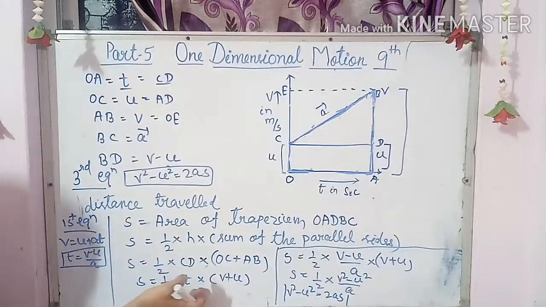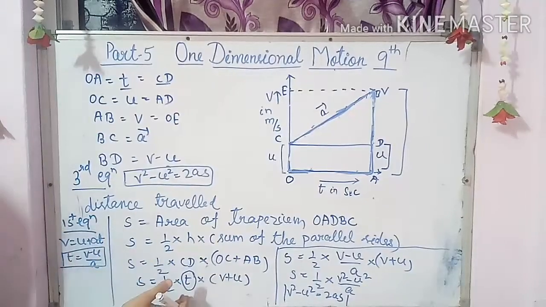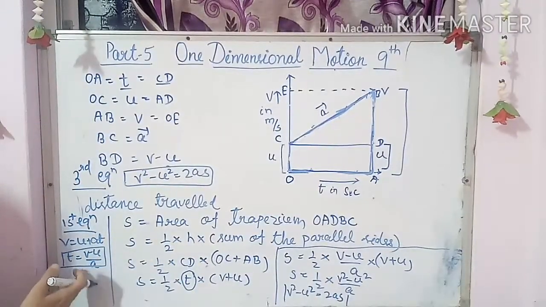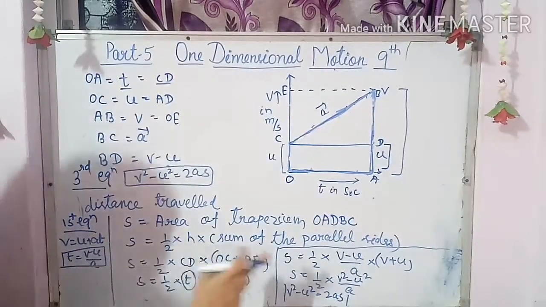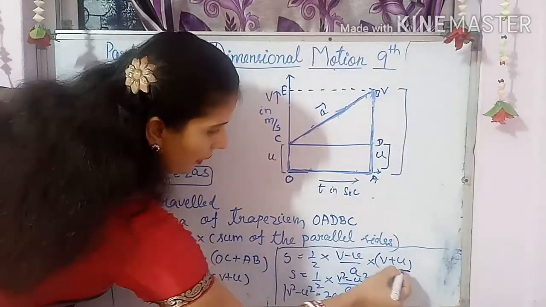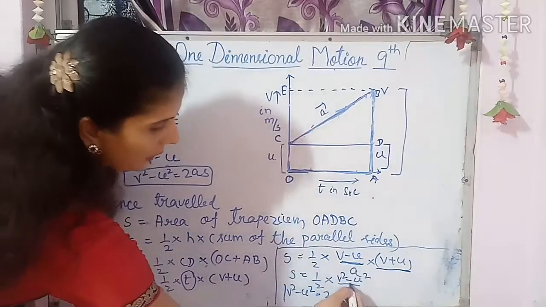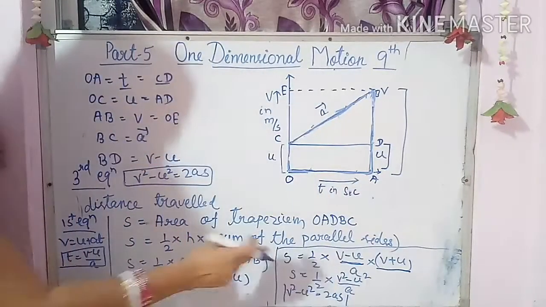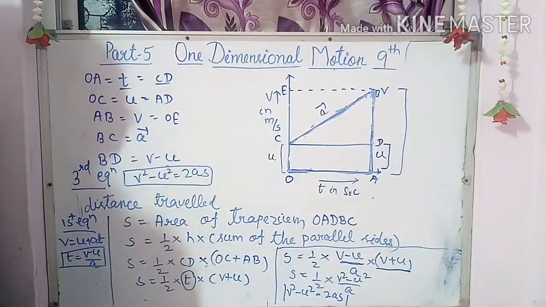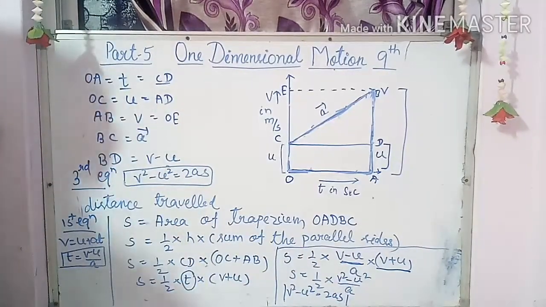So here is the turning point, as I have told. You have to remember that you have to put the value of T, and for the value you have to go to the first equation. Then you will get V minus U by A. Then again you have to remember the formula A minus B into A plus B, that is V square minus U square. So that you will get the equations. Now children, you see properly. You can note in your notebook.